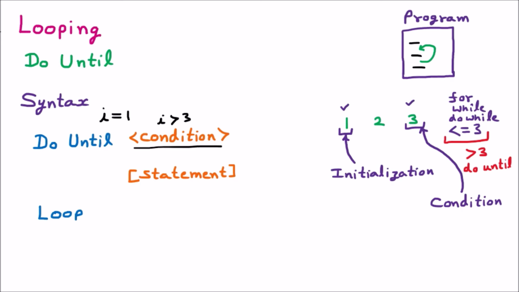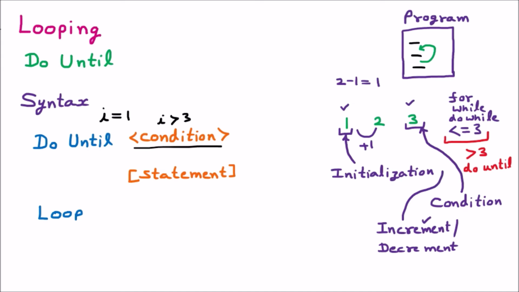Now the third thing in the looping is the increment or decrement. If we compare the first two numbers, then let's say 2 minus 1, that will be equal to 1. So here we are having the difference of 1, and in the positive, that means it is the increment. So in this loop we are providing the increment of 1. So here we are writing I is equal to I plus 1. So here we have done the increment. So all the three things are done.